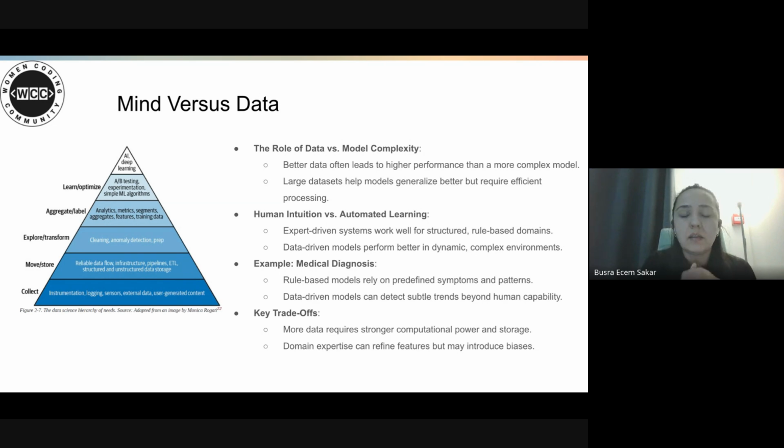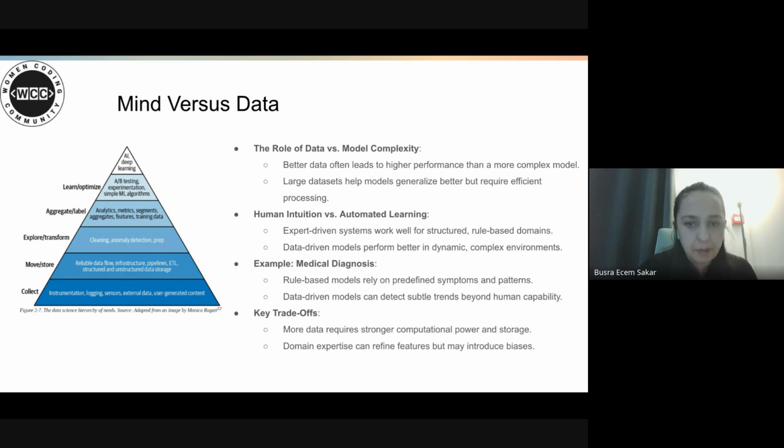Data needs structured storage, like databases, ETL pipelines, and cloud storage. The third one is explore and transform. Data cleaning, anomaly detection, and feature engineering happen in this stage. For example, removing duplicate records or filling missing values before model training.